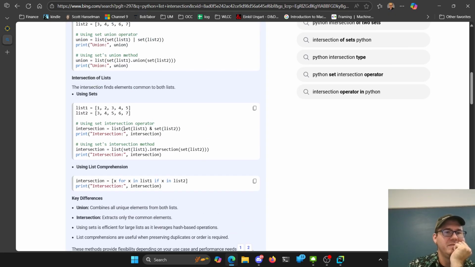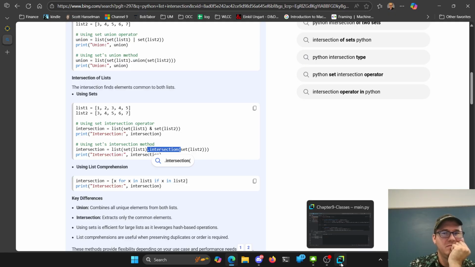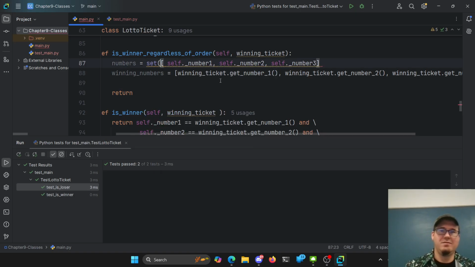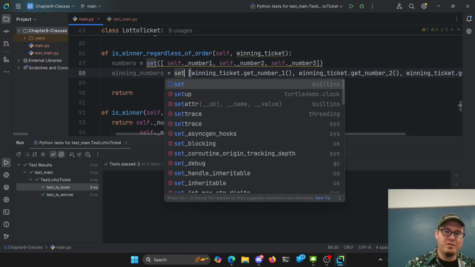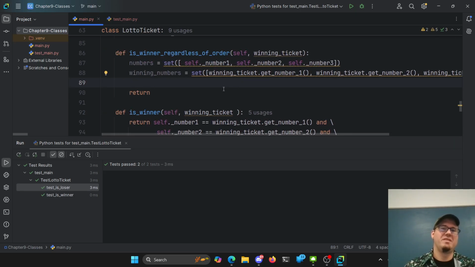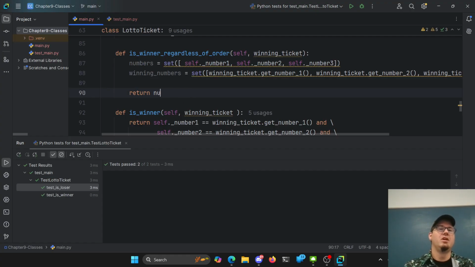That is a set intersection on another set. Okay, so they can't be lists. They have to be sets. Set of that and a set of that. I think we really briefly looked at sets way back when. Does that ring any bells? They had to be unique, so no repeats. That might make this a problem here, but that's okay. We're just going through an example here. Let's say numbers dot intersection of winning numbers, and we want the length of that